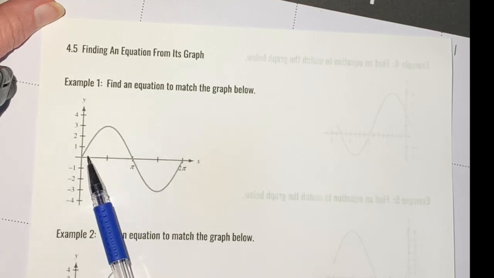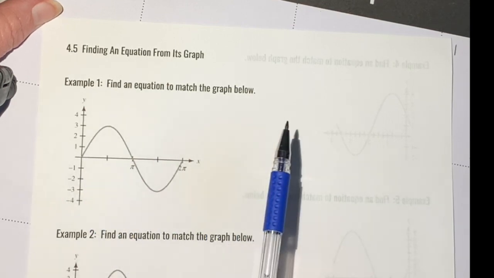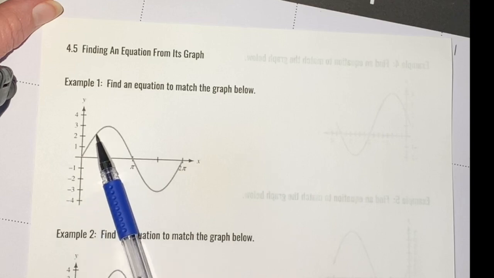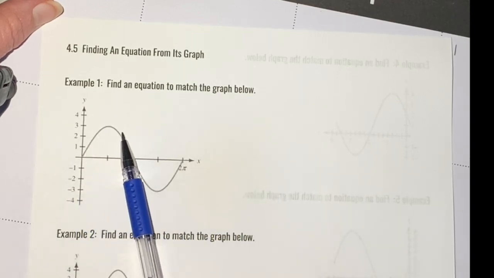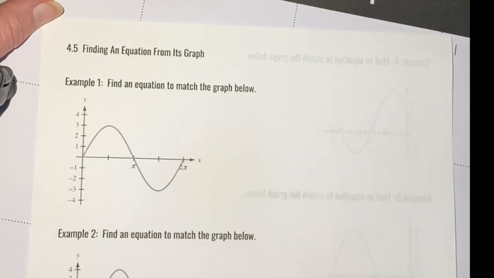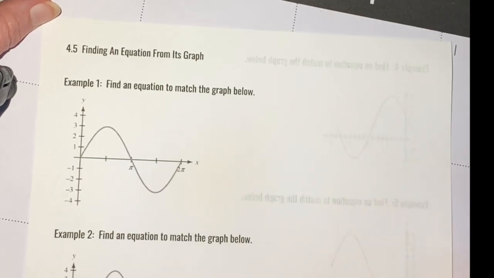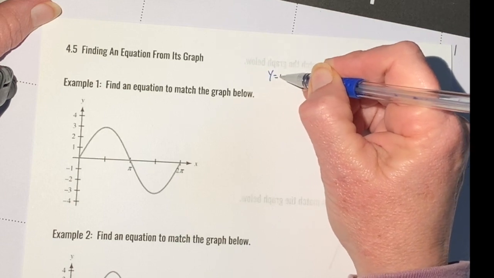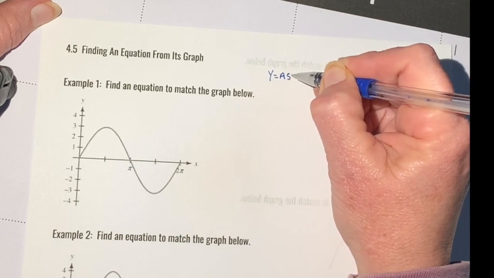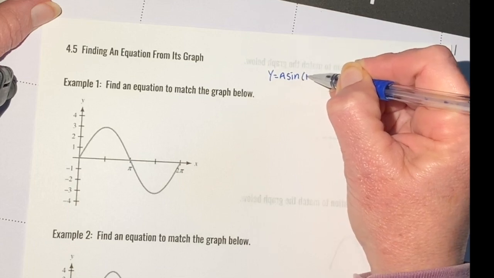But in the first couple sections, you were given the equation and you would come up with the graph for that equation. Reverse that. This time they're going to give you the graph and you've got to write the equation. So a couple things to review before we do this. Remember in your basic outline of your equation, whether it's a sine or cosine,